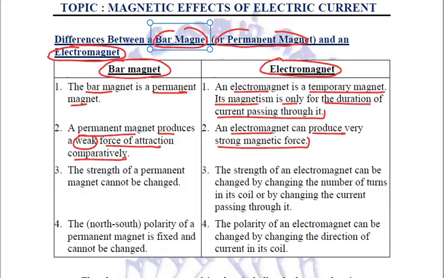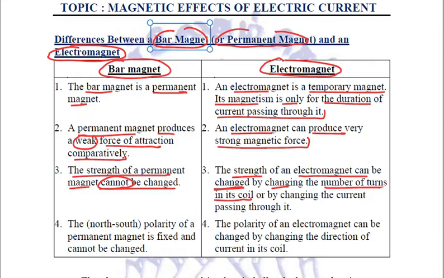Third difference between them is that the strength of a permanent magnet cannot be changed, but the strength of an electromagnet can be changed. How? By so many things, like by changing the number of turns in its coil.